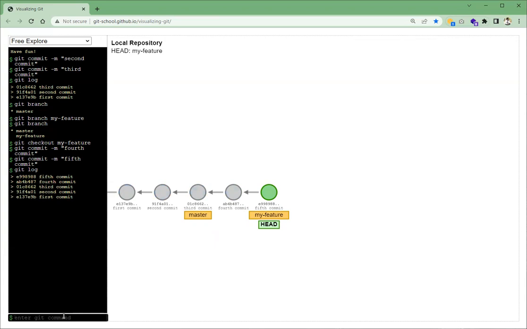Then we checked out into that my feature branch, and then the last 2 commits, which are the fourth and fifth commit, we did in the feature branch. So the master branch has only the first 3 commits, and the fourth and fifth ones are on the my feature branch. So now let's check out into the master branch one more time. So git checkout